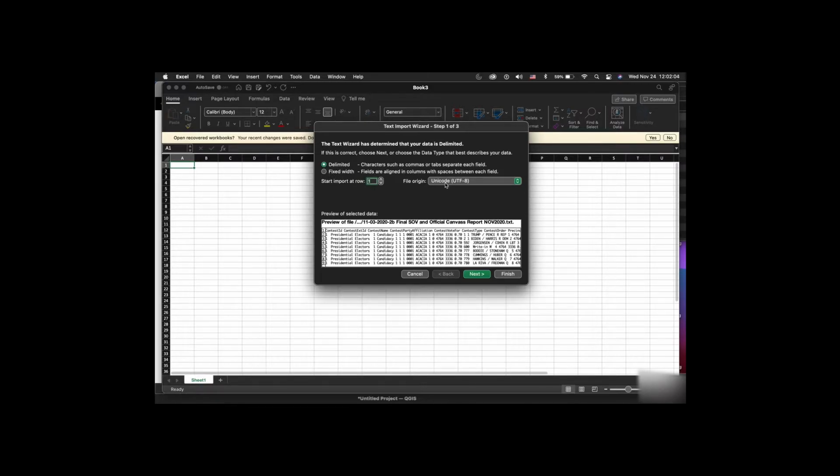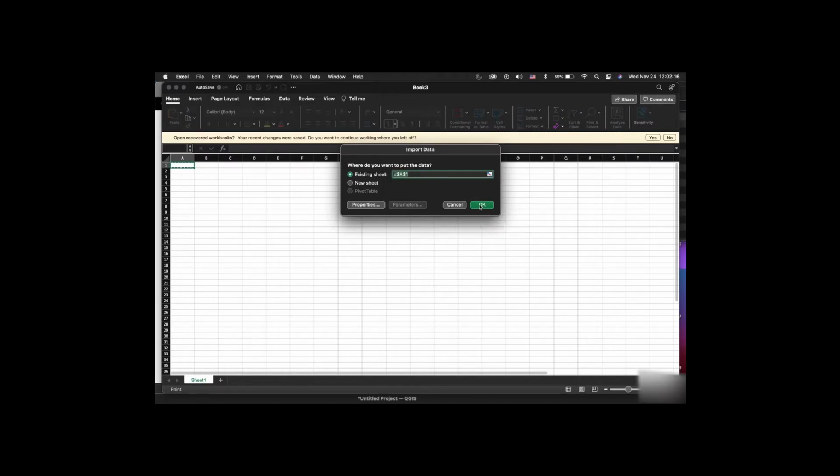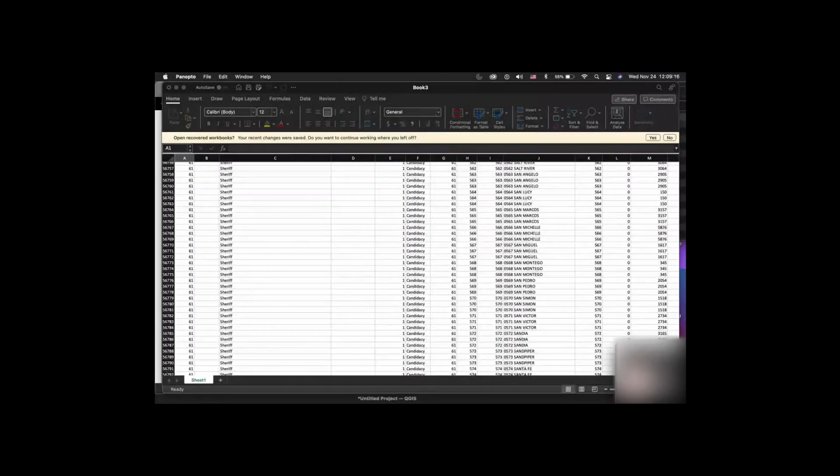We're going to want to select delimited, and we're going to want to separate them by tab. Now, there is a lot of data here. In fact,